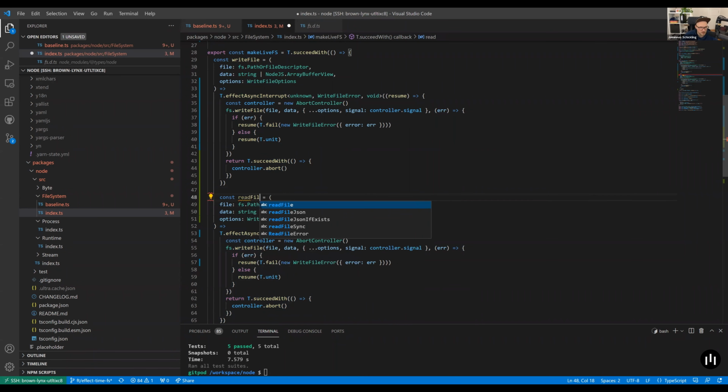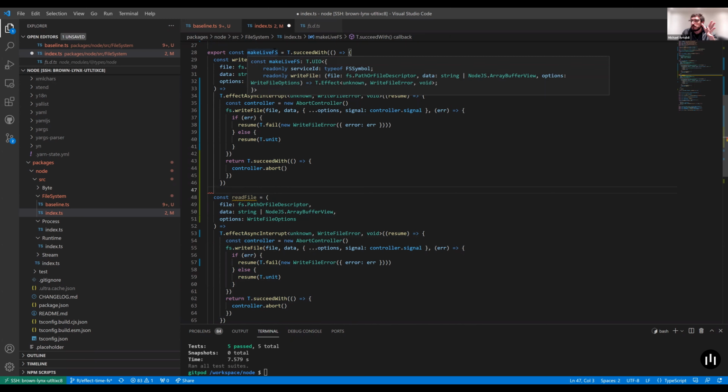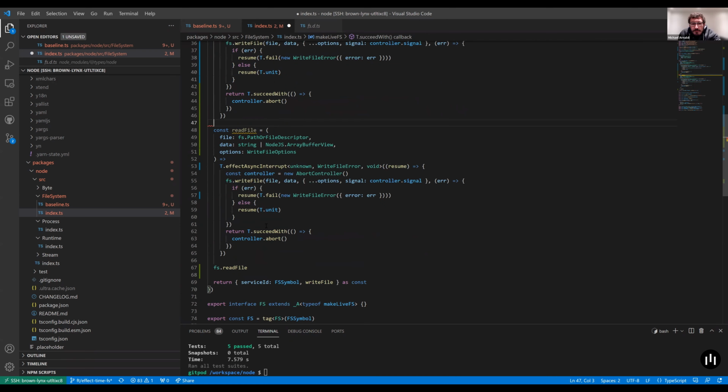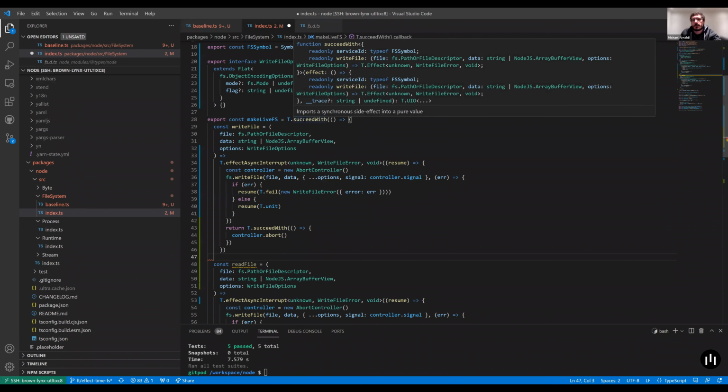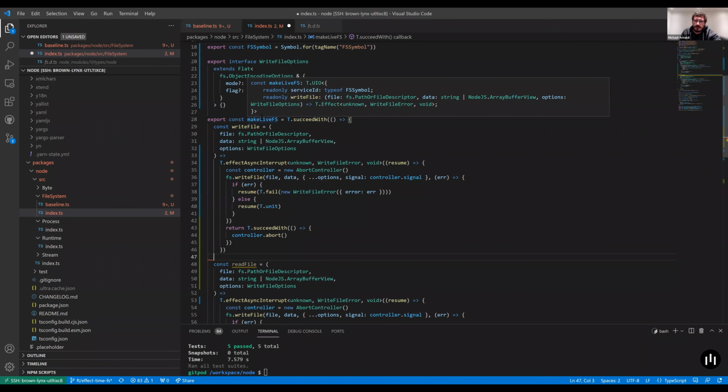Do we want to keep it in the make live fs callback, or do we want to maybe move it up? It's supposed to happen at bootstrap time when you're providing the first layer. Mm-hmm. It's actually a very common pattern that you're doing this within an effect. Now I'm doing this within a succeed with because this doesn't depend on anything else. But you might want to use generators. Got it. Or maybe in 6 months' time, the do notations. Right. Anyway,